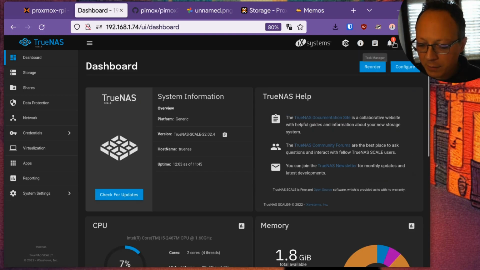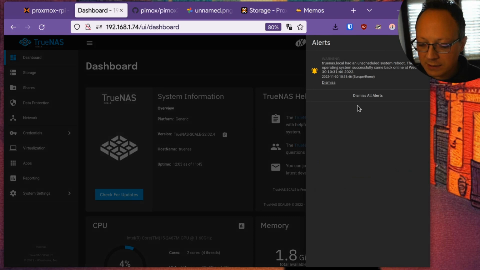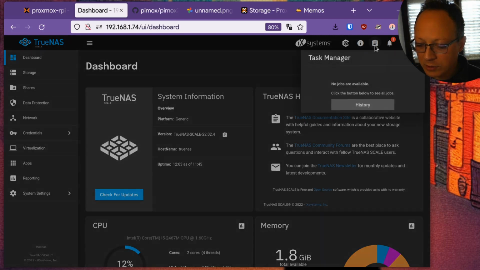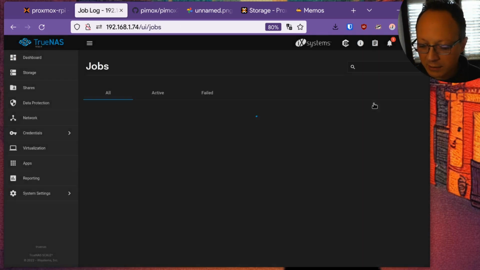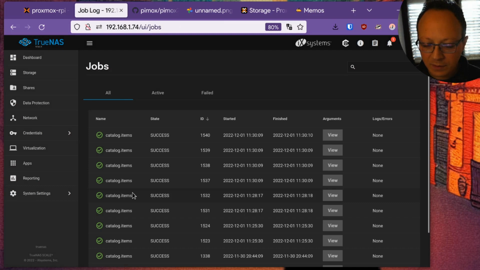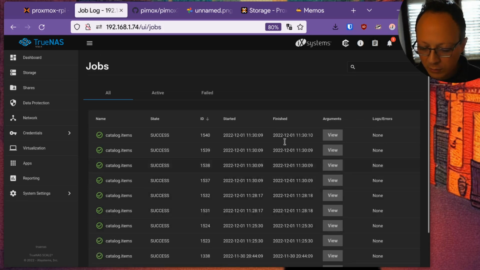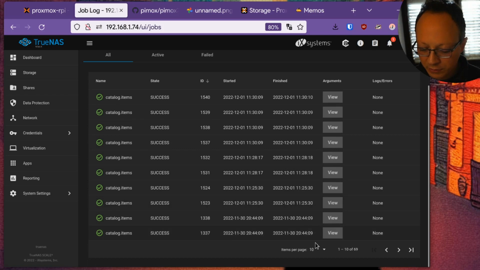And here we have the alerts, so when something bad happens, usually. And you also have the log of the jobs that you could run, and under history you see all the jobs, active jobs, and failed jobs. And you can also filter the job for some information.